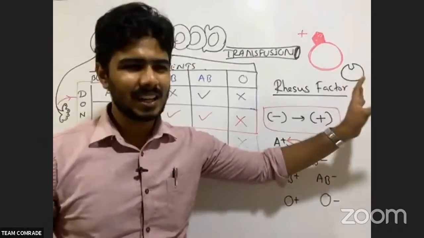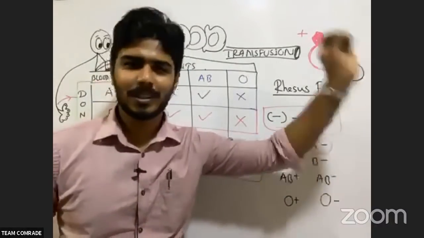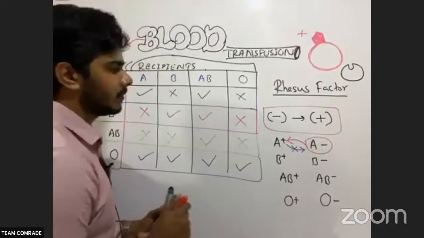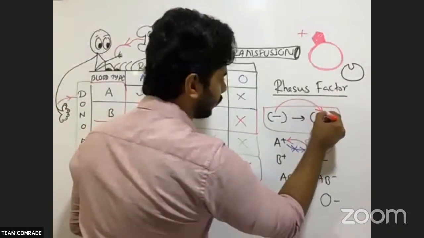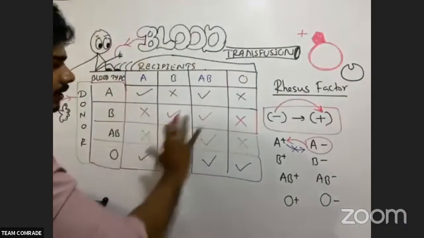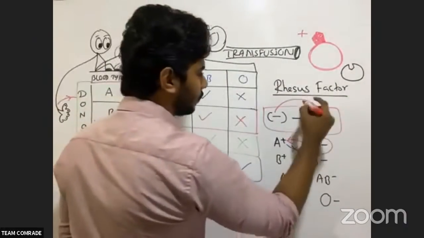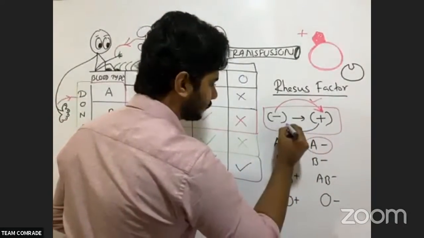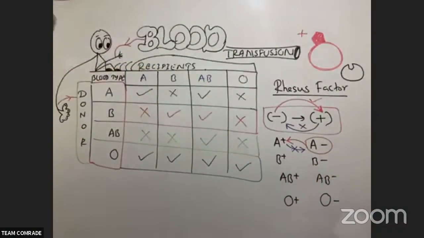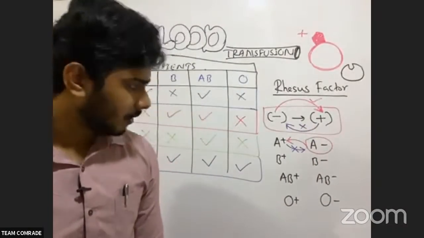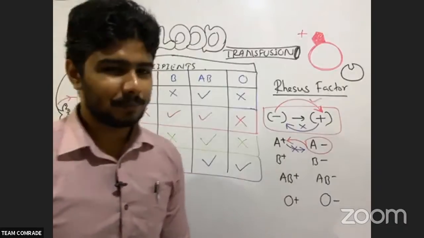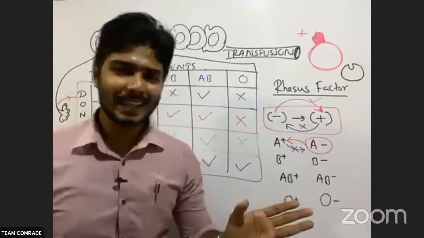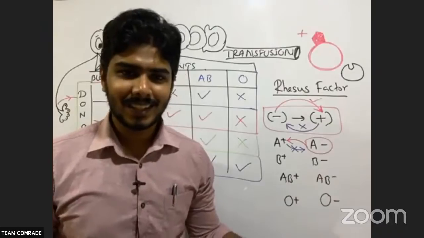Actually two things are there we have to consider, but still it is small to understand that kind of thing. That is big. But one thing you want to know, negatives always can give to positives. According to this table only, negatives can give to positive, but positives can't give to negative. Are you clear? Yes, sir. So negatives have an antibody, and positives have antigens. Both are present. When it comes to the higher grades, I can explain it further. That is a big part.